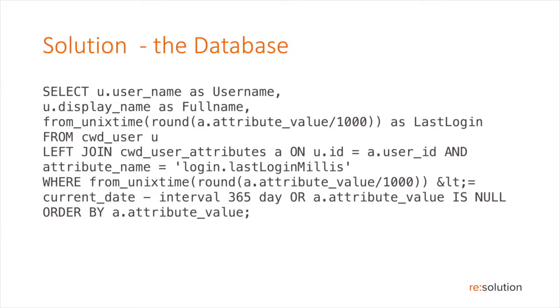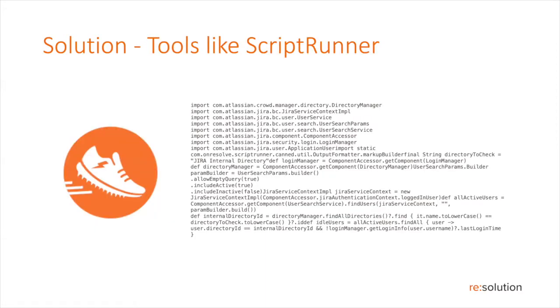You can even create an update statement which marks those users as inactive in the database. Not quite the recommended Atlassian way, but hey, you can do it and it doesn't cost you anything. The next thing is, if you have some scripting tools installed and you like scripting, for example, ScriptRunner, this is the start of a ScriptRunner script deactivating inactive users. It's in their library. Go have a look, download it, and then